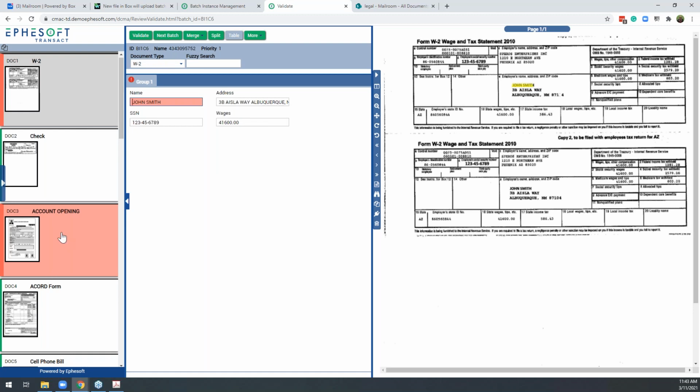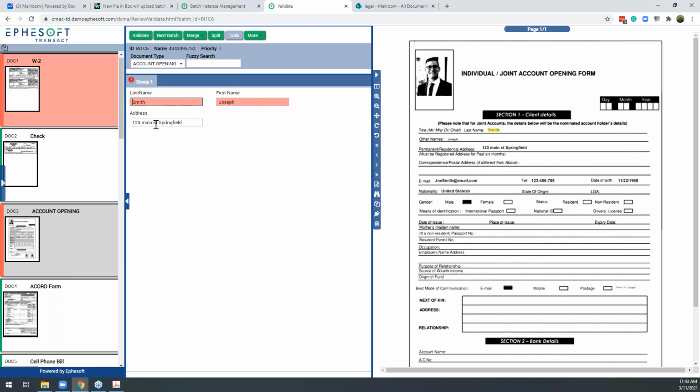So we can pull off information from account opening forms. Unlike semantic, we have the ability to create custom fields and build out all sorts of different items here and set up the document extraction the way you want it.